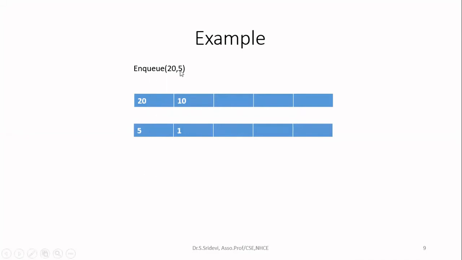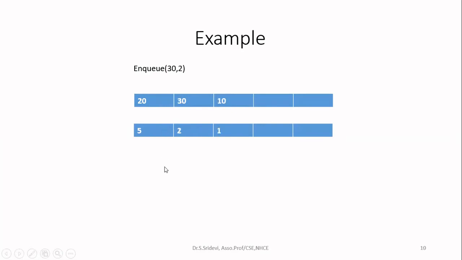So now, since here priority is 5, and in the queue I have the first priority as 1, that means my 5 is now having higher priority than 1. So I have to insert this before 1. So now I have to move this 10 to the next location and move this priority also to the next location. And after that, I'll be inserting 20 in the item array, and 5 in the priority array. So here I cannot insert as such. I have to check the priority. According to the priority only, I have to insert the element.